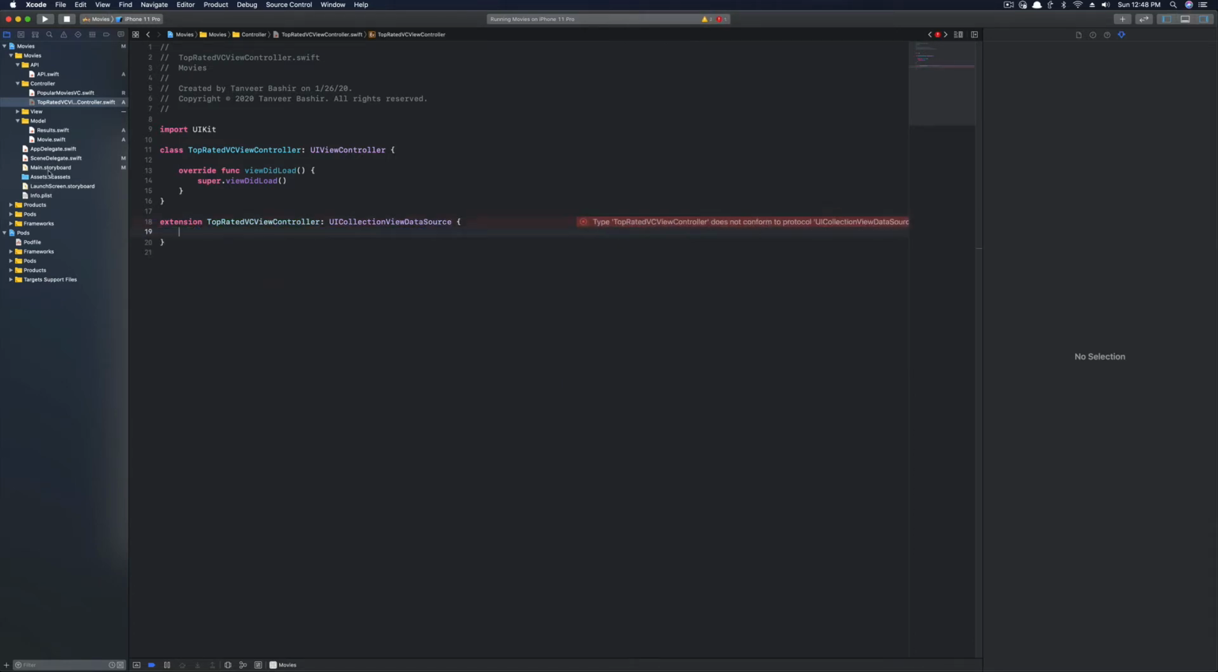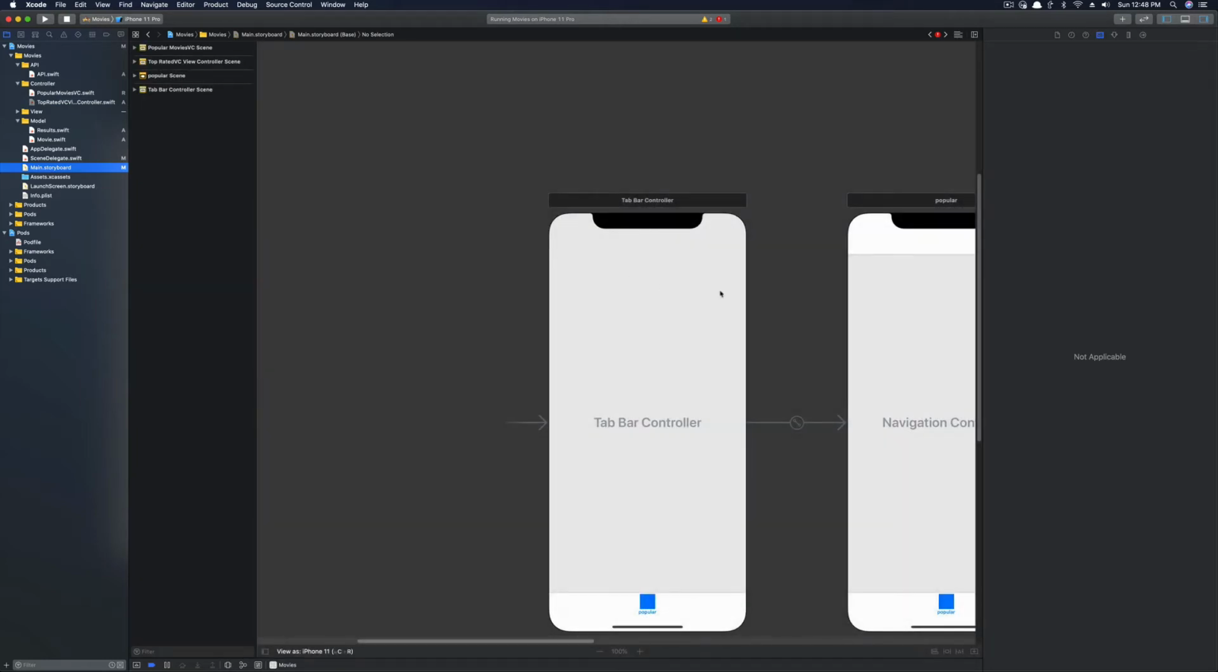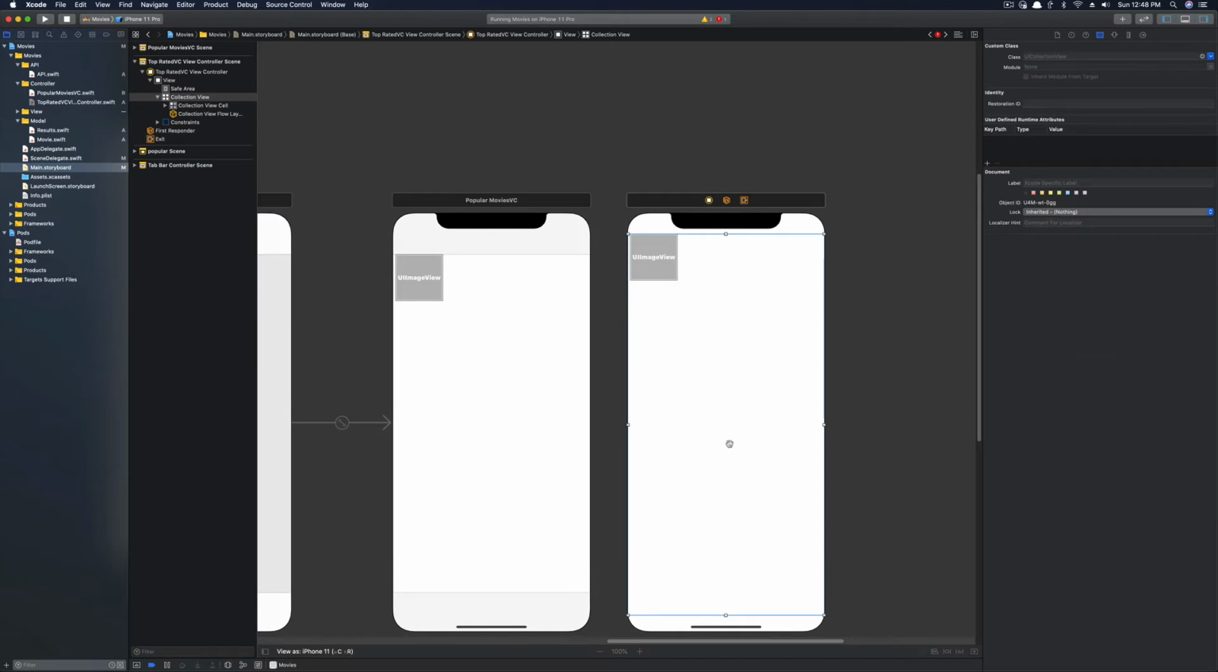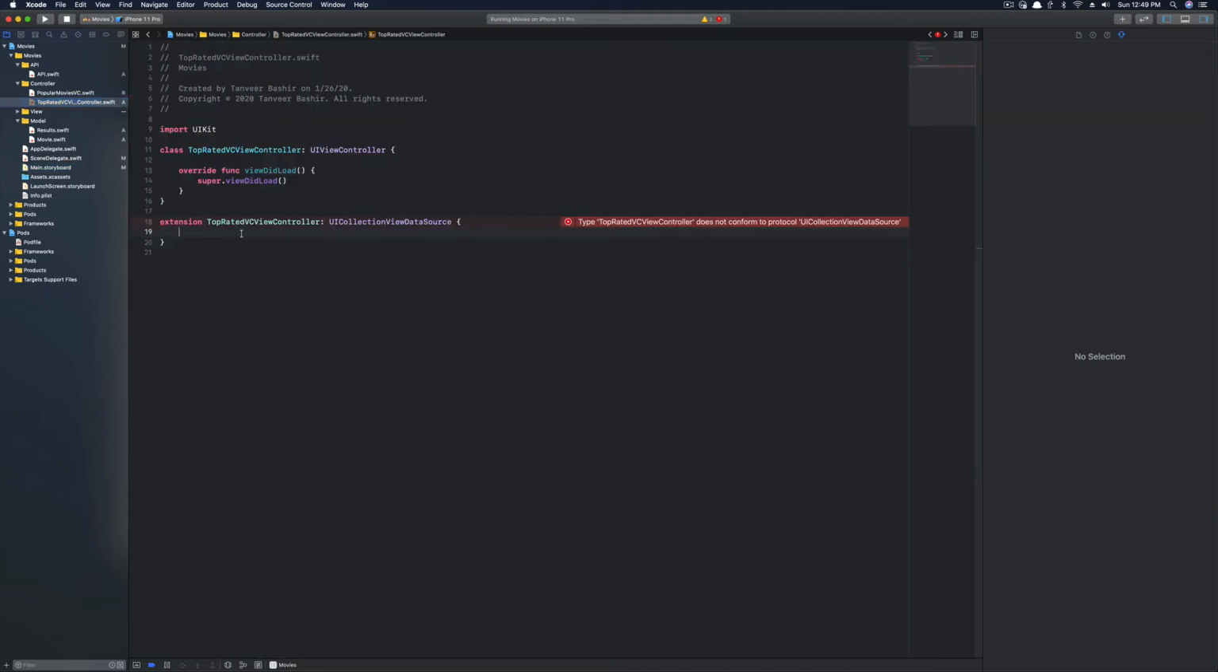Go back to our storyboard. Control and drag from here to this entry point and select data source. Okay. Go back to the viewController, top rated viewController. You're going to have this